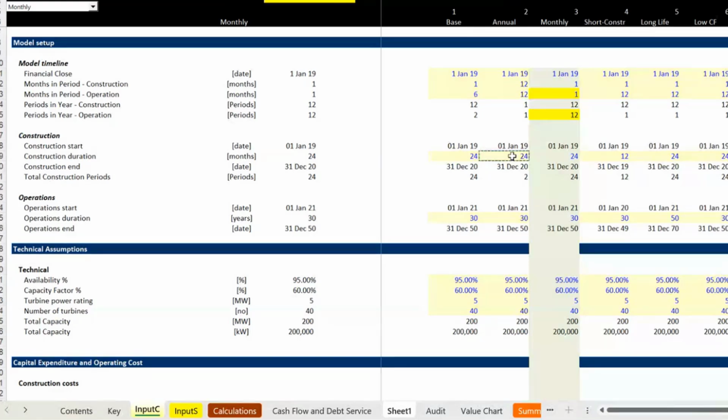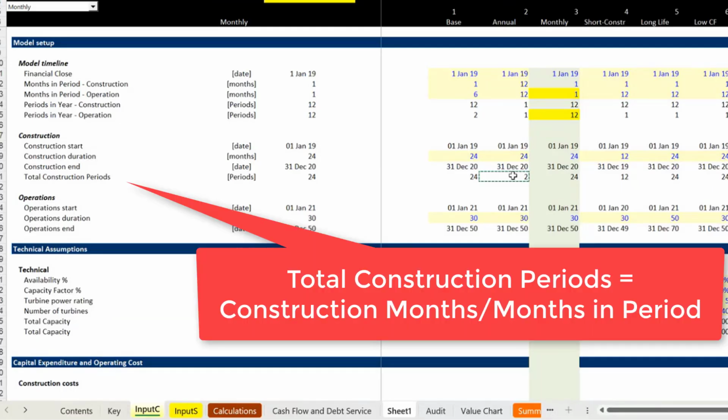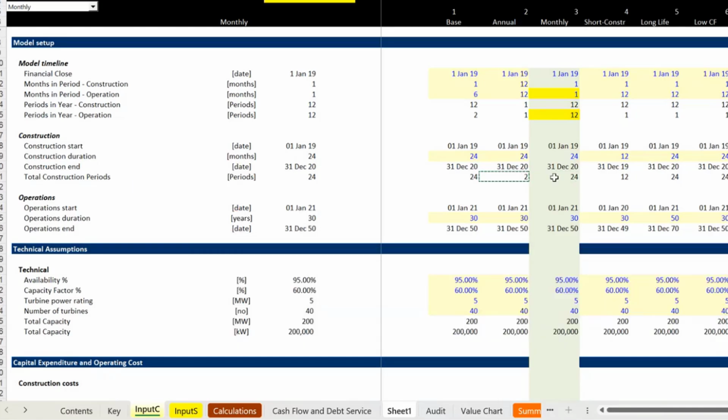But then you see down in line 21, I just started to do this all the time because I think you should. We only have 2 periods of construction if we do it annually, and 24 if we do it monthly. I want to get this completely flexible and demonstrate that's a key starting point. Can you escape and go to input C and let's show that formula? It's simply the construction periods divided by